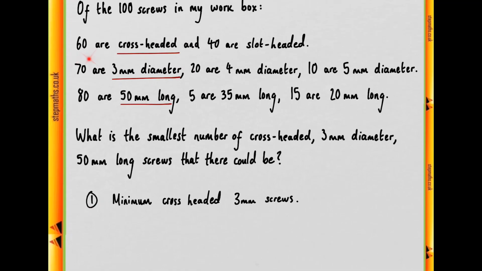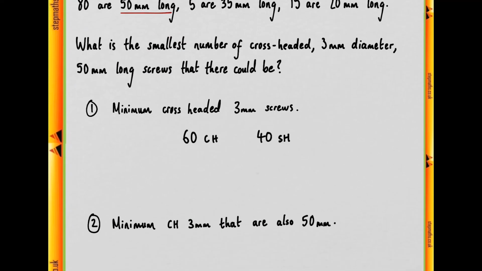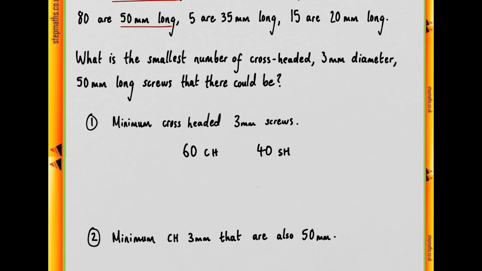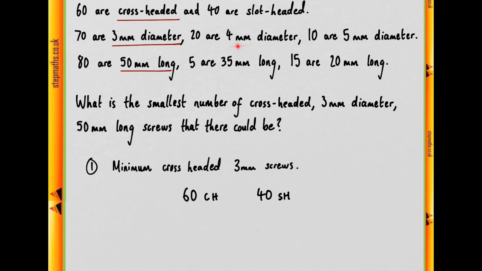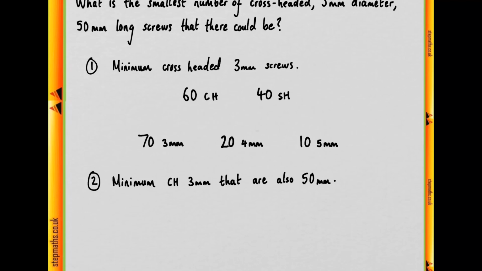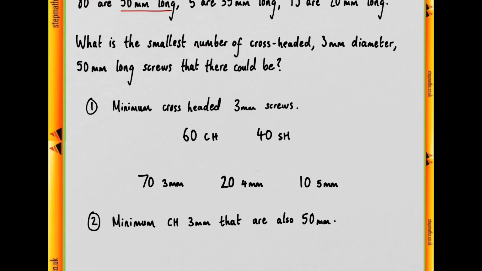So we have 60 cross-headed, 40 slot-headed screws, so CH and SH respectively, and we have this breakdown of the diameters, so 70 3mm, 20 4mm, and 10 5mm. Now we're looking for the minimum number, the smallest number, of cross-headed screws that are also 3mm. So what we can do is allocate all of our slot-headed to the 3mm ones. So we'll allocate all 40 of these over here, but that leaves 30 remaining,